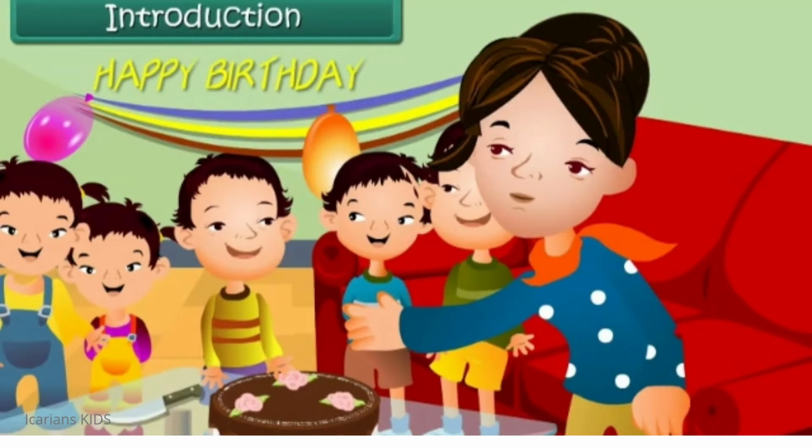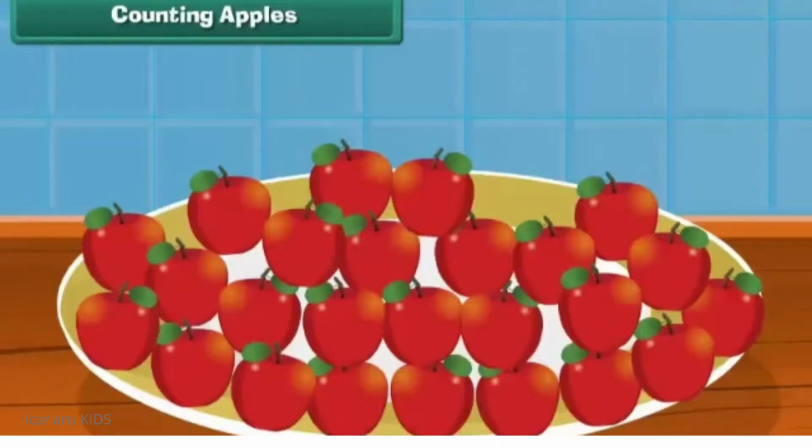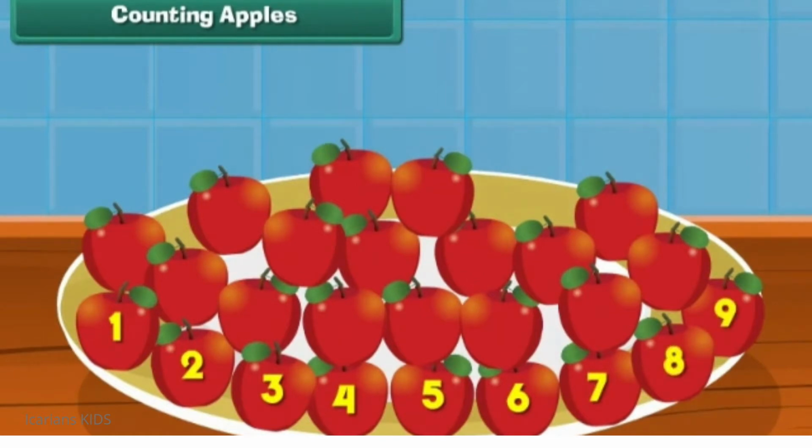In this lesson, you will learn to count. Counting apples. You have learnt to count eggs. Let us see if you can count the apples in a plate. 1, 2, 3, 4, 5, 6, 7, 8, 9, 10, 11, 12,